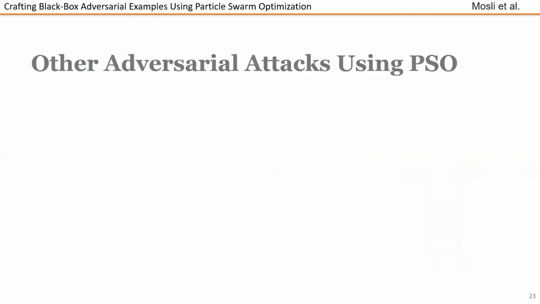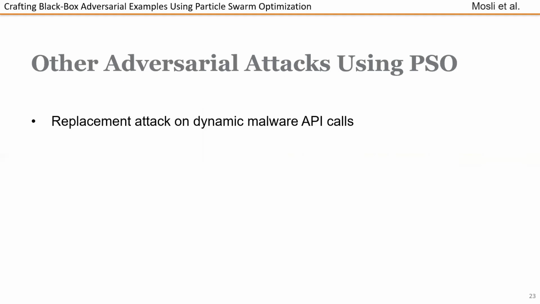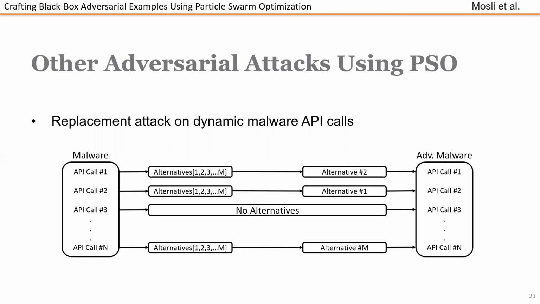Other than the image classification domain, we also applied AdversarialPSO in the behavioral malware detection area. For a sequence of API calls made by malware, we use PSO to substitute APIs with functionally equivalent replacements and to select the sequence of API calls that would most likely lead to a misclassification. For example, the zero memory API call can be replaced with fill memory while using 0 as an argument. Since they both do the same thing, exchanging one with the other will not affect the functionality of the malware.